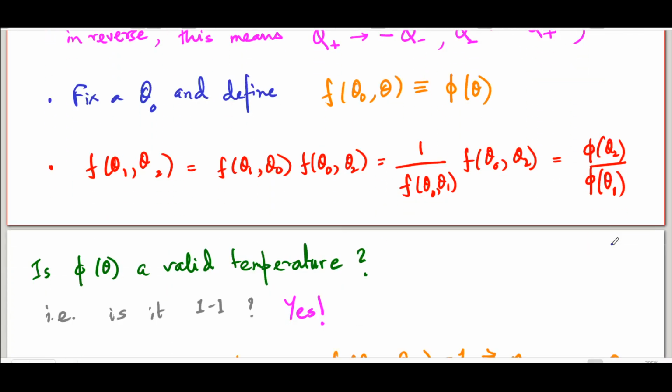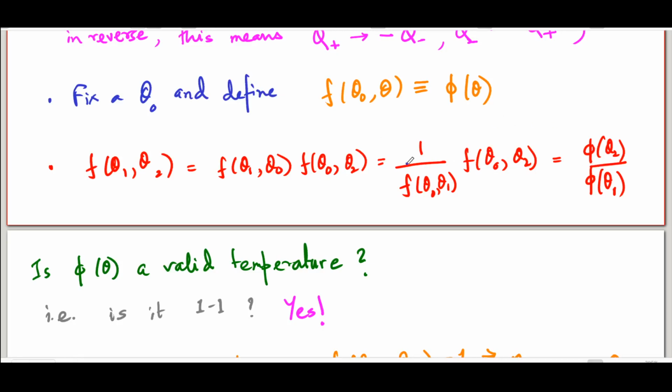Now, theta was an empirical temperature. That is, its only real job was to specify whether two systems would be in thermal equilibrium or not in thermal equilibrium. We had already mentioned this several times when we were talking about empirical temperatures, that if you change an empirical temperature to a monotone function of that empirical temperature, rather change it in a one-to-one way, then the resulting thing is also a valid temperature.